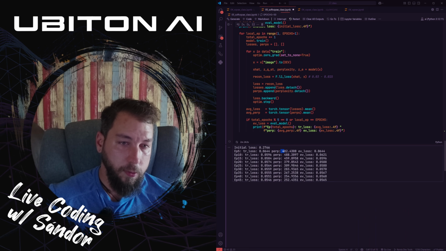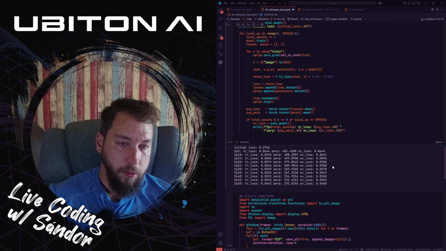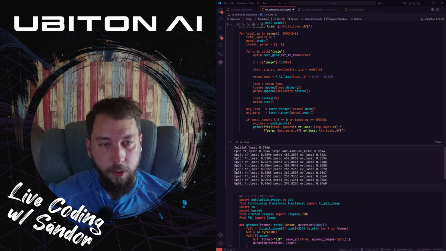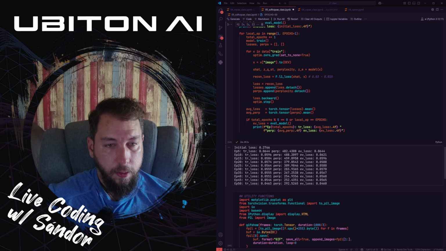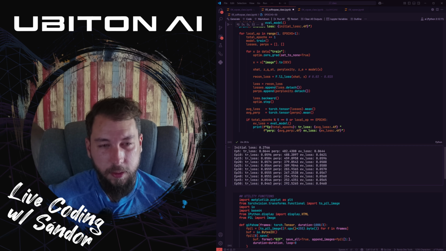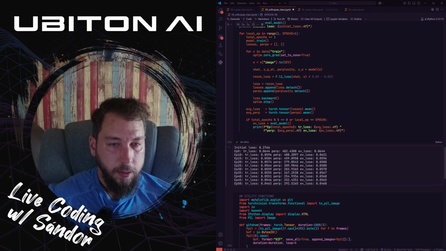Previously it started on 400 something, and it's a little higher, and this is normal in the case of the soft VQ because the codebook is initialized in a uniform distribution, and as the network starts to specialize, it will start to use less and less codebook vectors. Well, I can't really say that because it's a probabilistic model, but